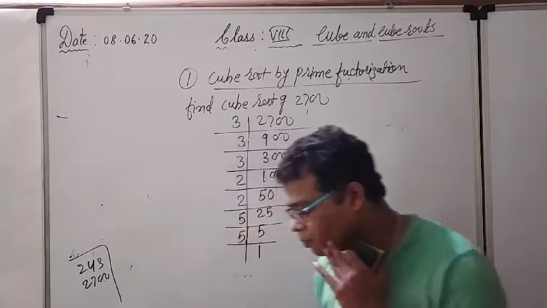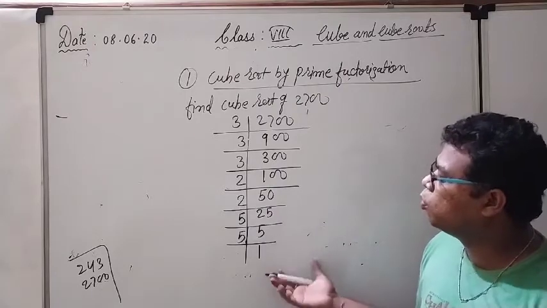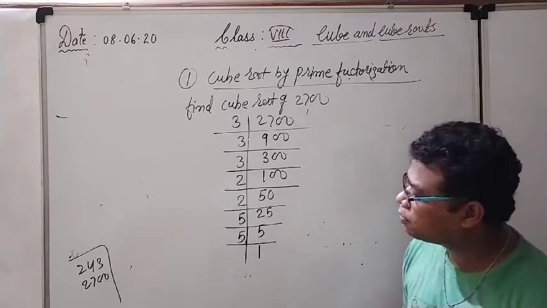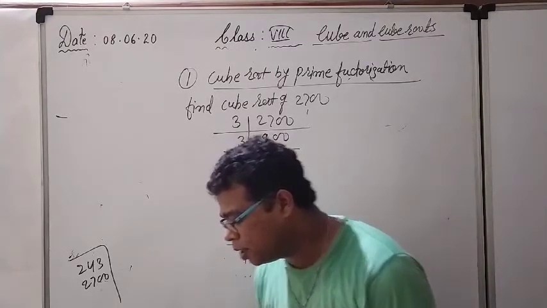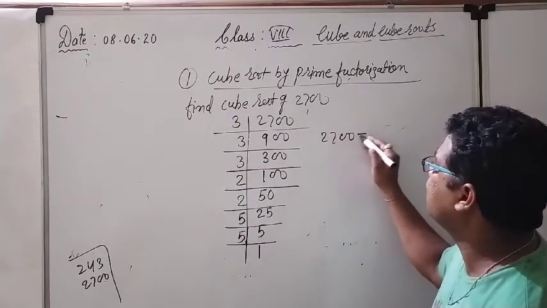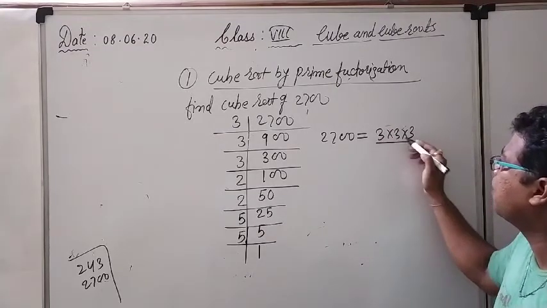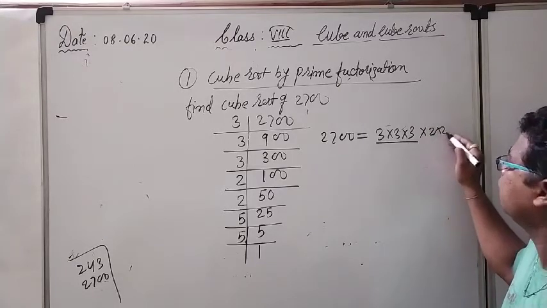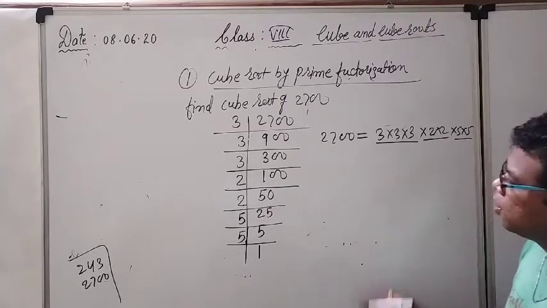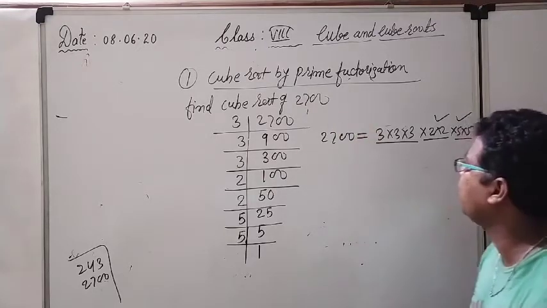So look here. We are not able to find out the cube root here. Okay, it is not a perfect cube number. You can see it is not a perfect cube number, because see here 2700. If I find the prime factorization, what I am getting here is 3 into 3 into 3. These are making a triplet of 3. After that 2 into 2. Here the triplet is incomplete, and after that 5 into 5, again the triplet is incomplete. Because the triplets are incomplete for the 5 and 2, that's why I am not able to find out the cube root of that particular number.